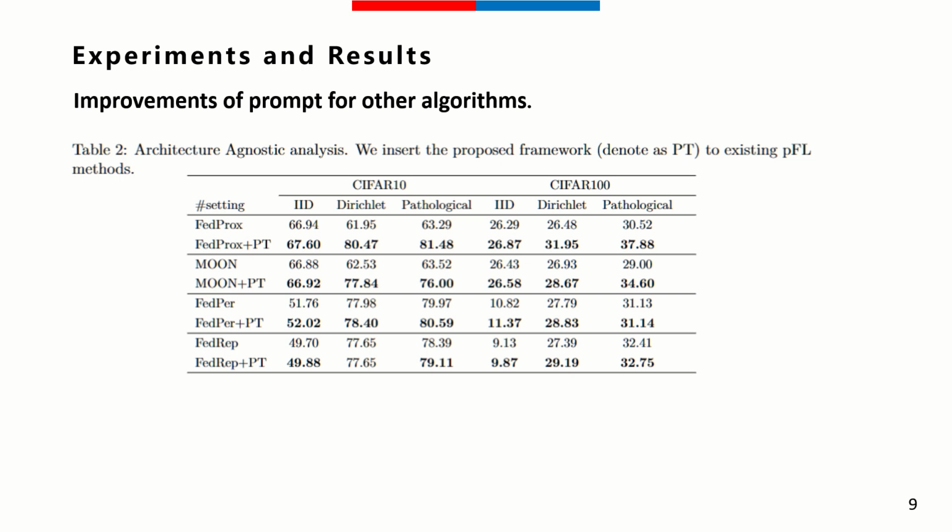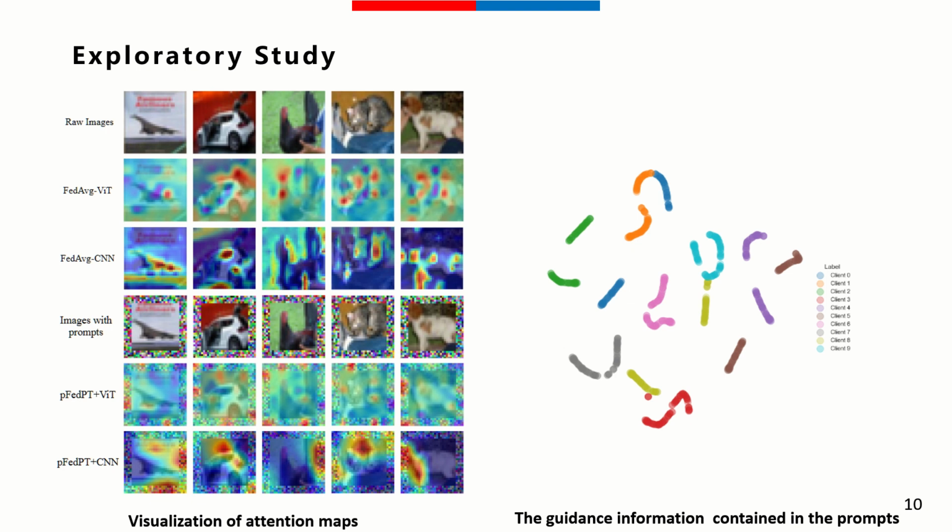Visual prompts simplify the fine-tuning of the client's backbone, assisting federated learning algorithms in achieving privacy personalization. Take a look at the left side of the chart. It displays the attention map of the last layer in ViT and CNN. The first three rows show that the models focused on the key features of the raw image. The fourth row includes images with additional prompts added by PFedPT's parameters. Both PFedPT plus ViT and PFedPT plus CNN shift their attention to these prompts, helping gather client-specific knowledge and improving